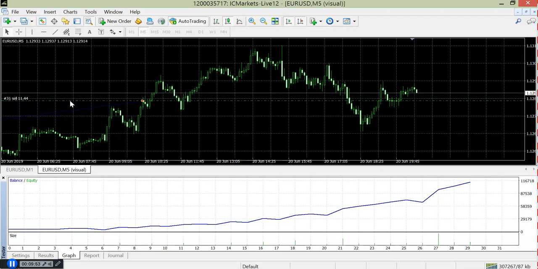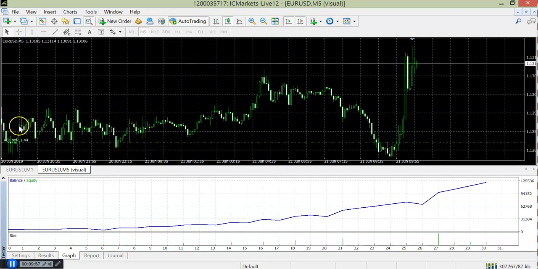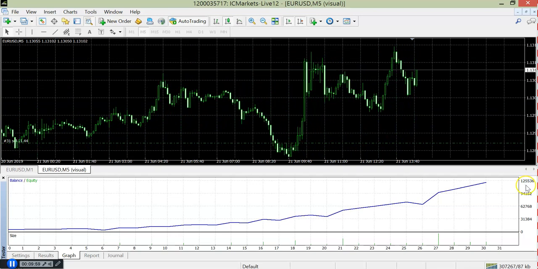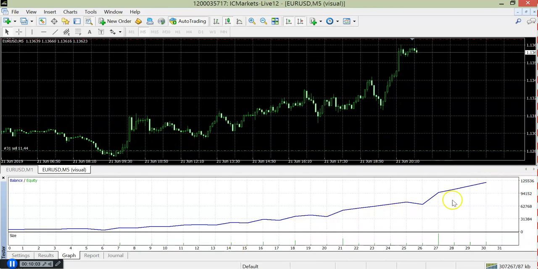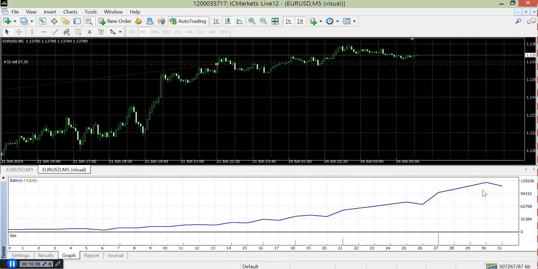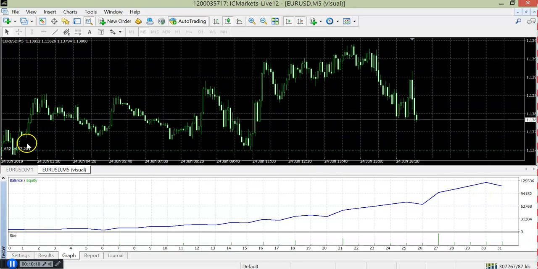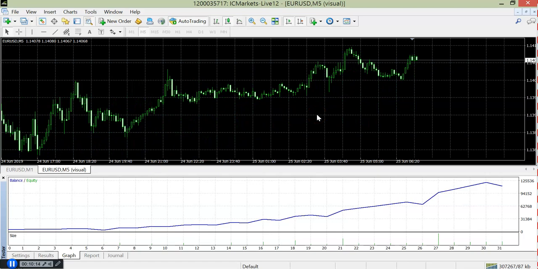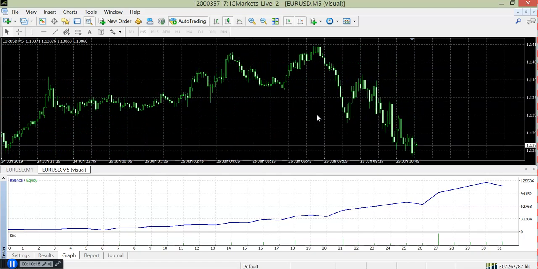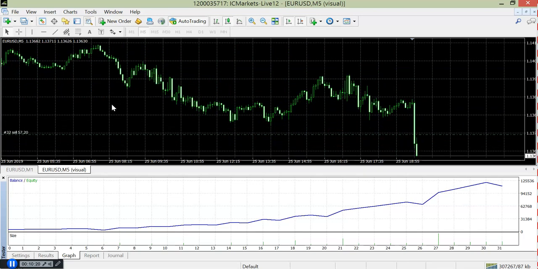You see the trade number 31 is $11. You see now we have 125. You see the graph is rising. So now we have a hedge trade here because we lose the basic trade. So this is the first hedge trade, and I think it will